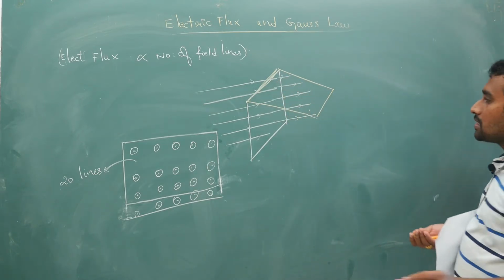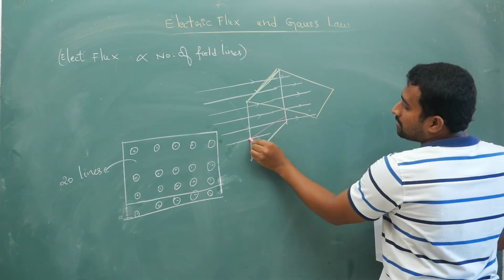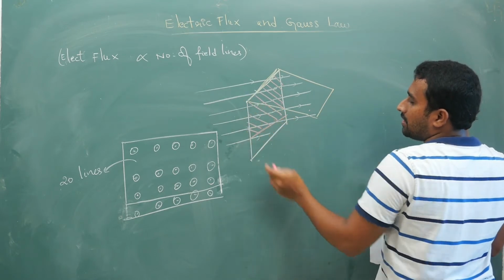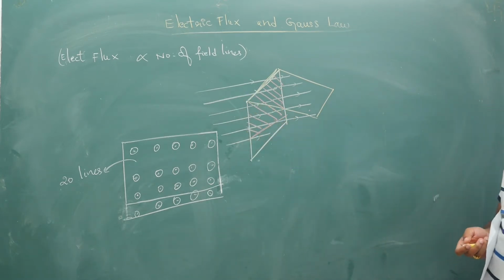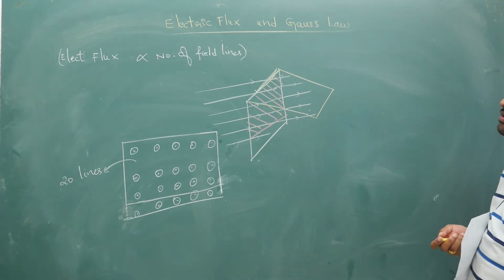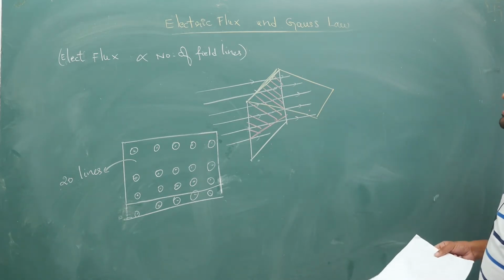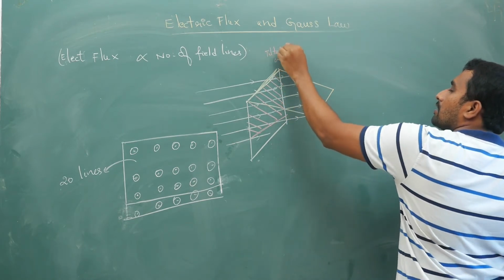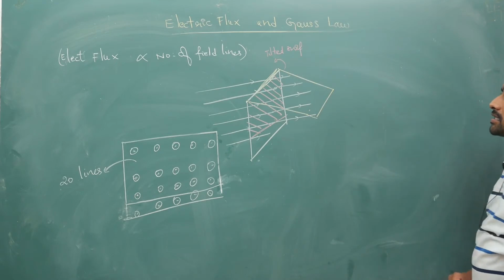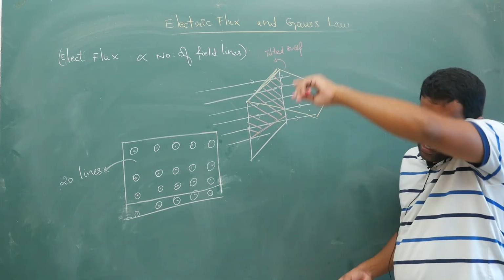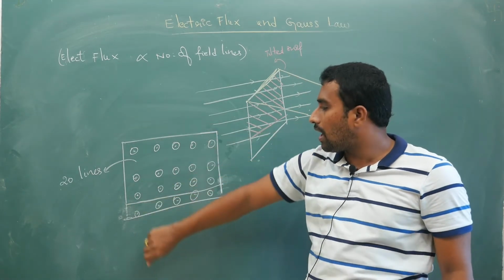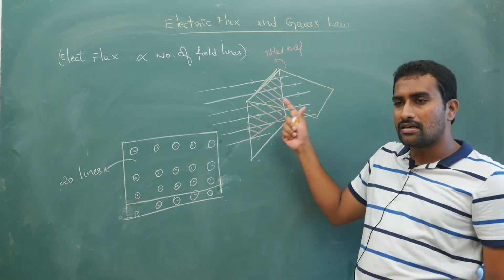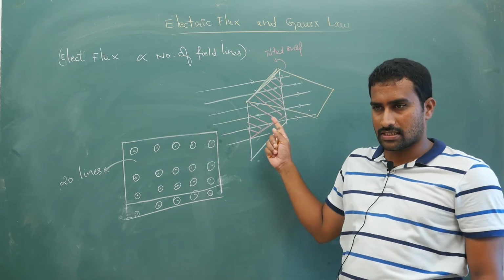So in this case, this part is your effective area here. Only in that pink color line, those field lines will go through the tilted surface. This is your tilted surface. So initially when it is exactly like this, all the 20 lines are going, there is more flux. But when you are tilting it, you have fewer field lines, less flux.